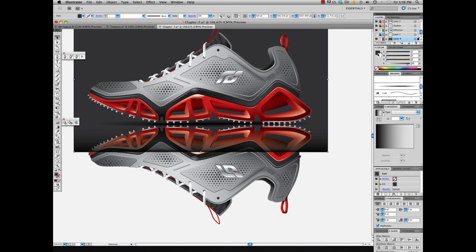So if you select that, this will activate, and then it keeps the previous selection. So I'm just going to drag that color, apply it right here,